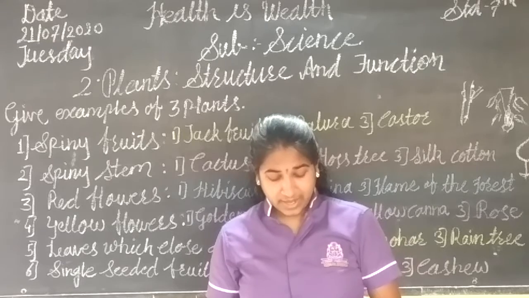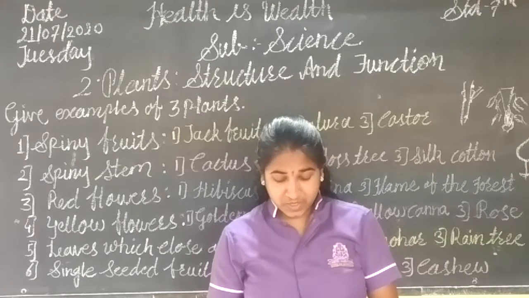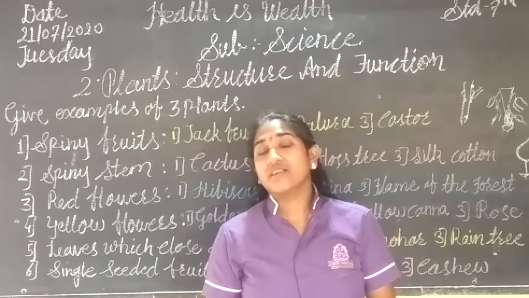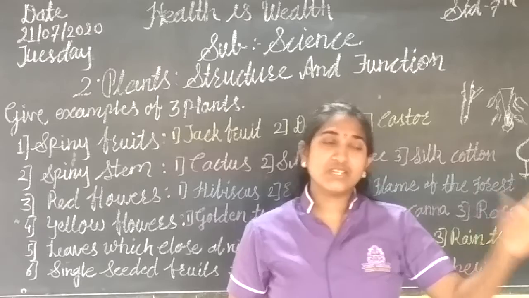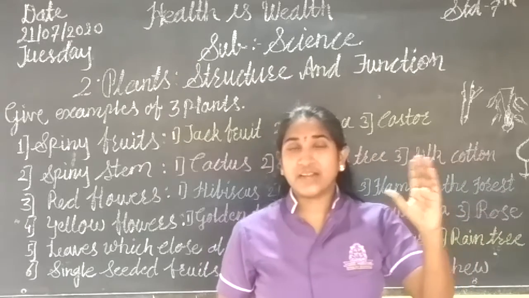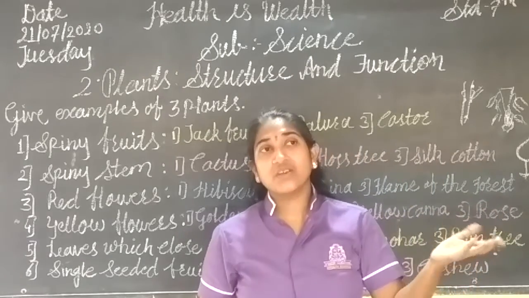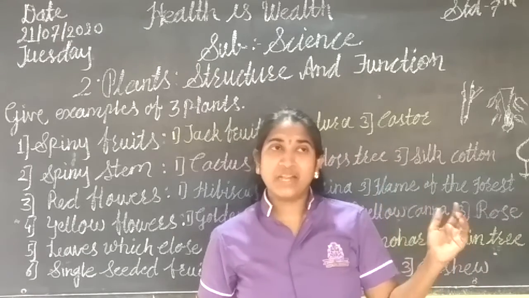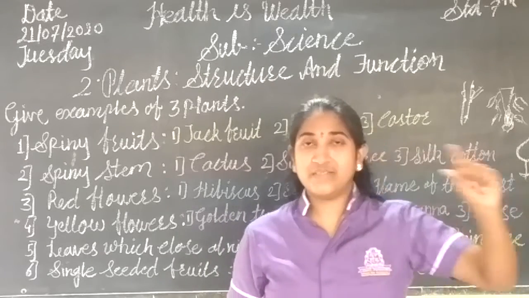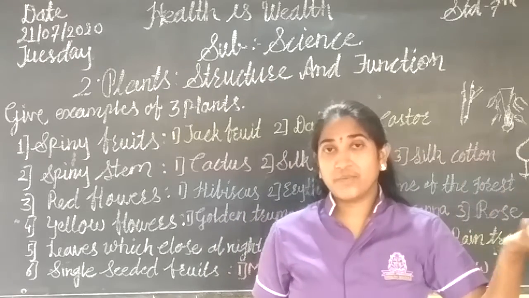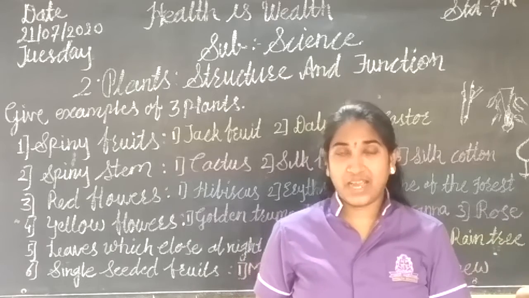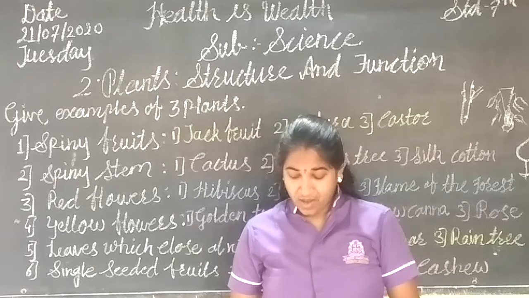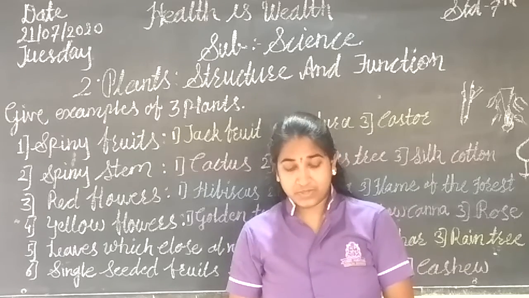Okay. Then types of leaves. There are how many types? First, the main types are simple leaves and compound leaves. See, we are just seeing and observing, but we are not observing the leaves that deeply. That means how there are different types, how they are looking. Many times we just saw, yes, it is a thin leaf, it is a broad leaf, but those are also different types. They also have different names, as the simple leaves and compound leaves.